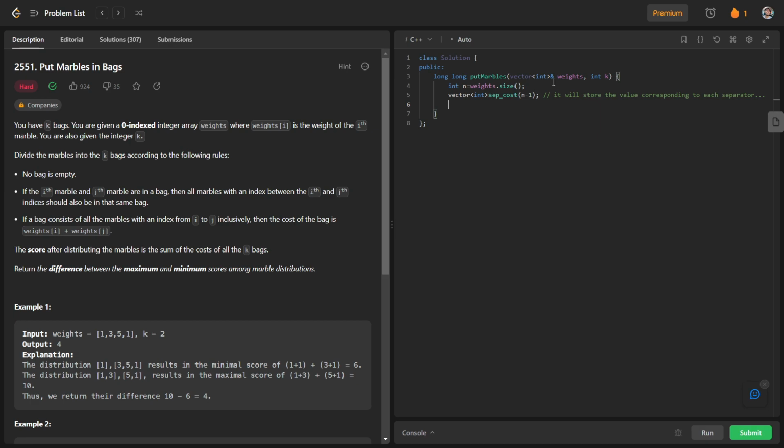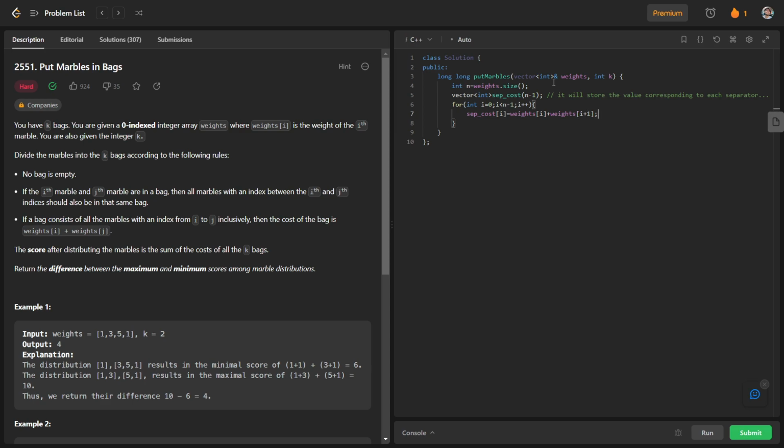So let us generate this vector. We have a total of n minus 1 separators with us, so we will iterate from 0 to n minus 1, and for each separator the value of sep cost will be nothing but weight of i plus 1.